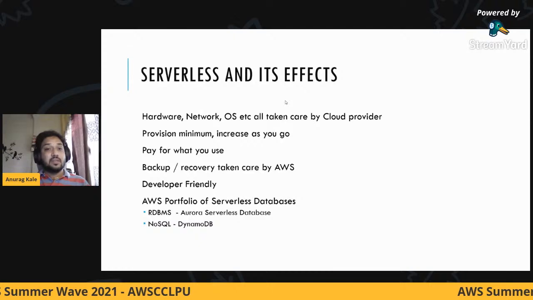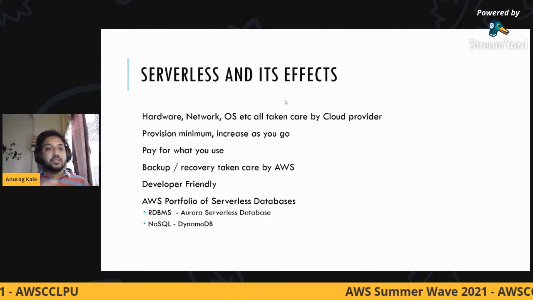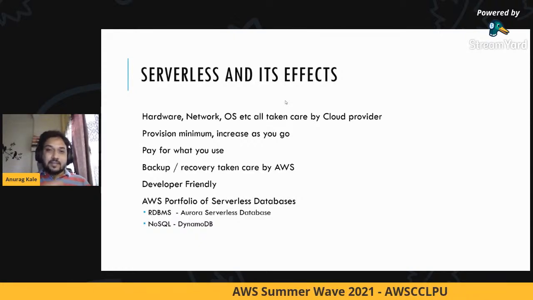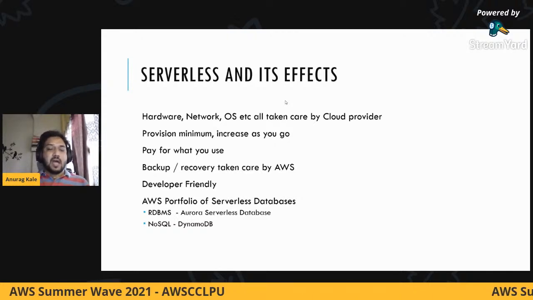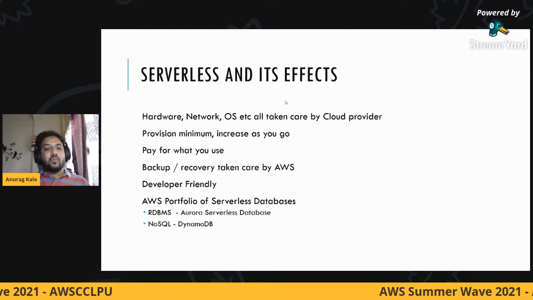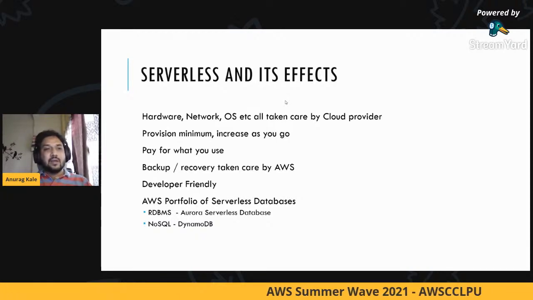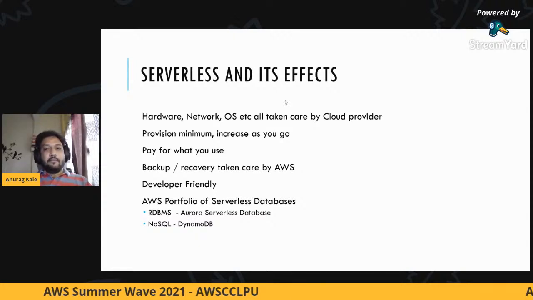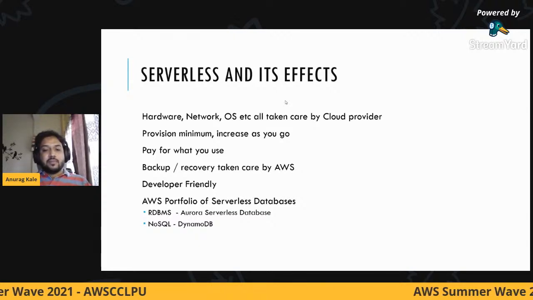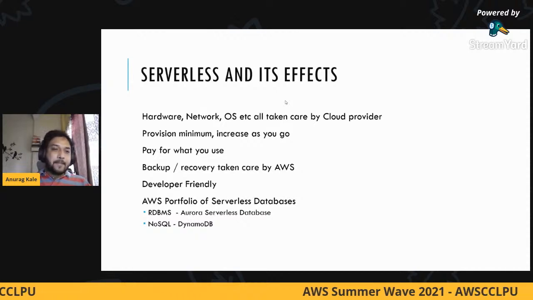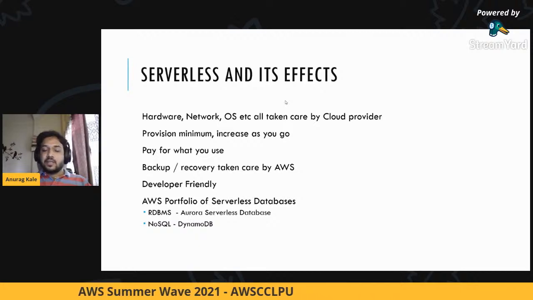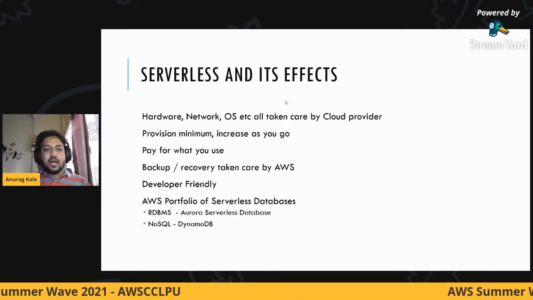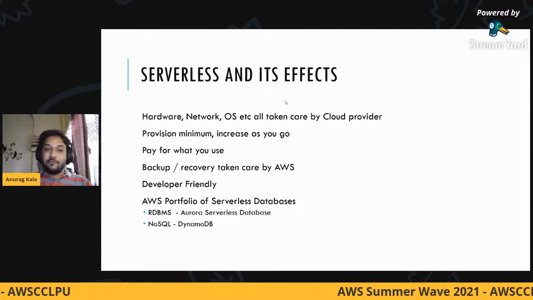When I say resources, it means CPU, RAM, storage, network capacity, to match the inflow of requirements. With that, they will make sure that whatever requirement is coming from your application, from your server, is always met. And when the requirement goes down, you come back to the minimum amount of capacity that you have provided. That is how serverless Aurora works.